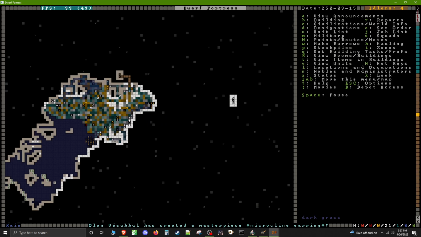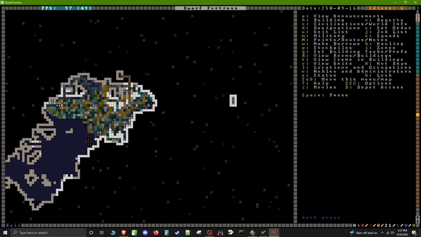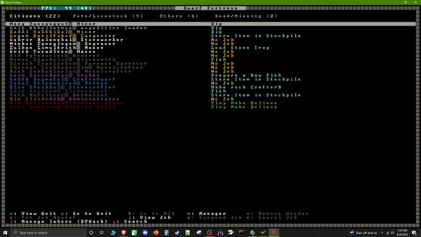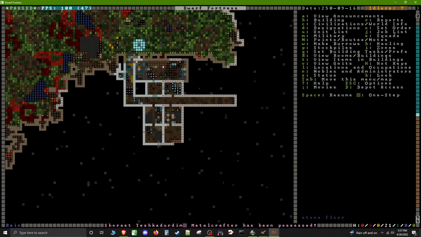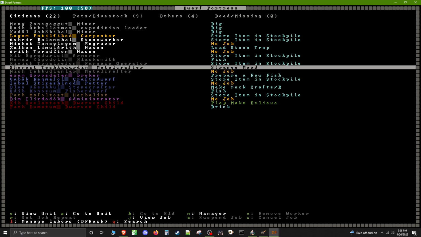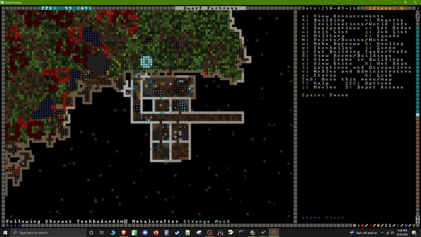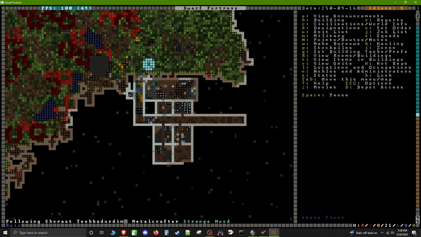This right here is kind of cool as a big cliff, you know? I don't know. This is really, really interesting. Oh, this might be an issue. We have a metal crafter that's possessed, and we really don't have any metal, so... strange mood. Maybe he crafts a... or claims a crafting... So let's follow him and see what he does. Yeah, he's not doing anything, so let's see...